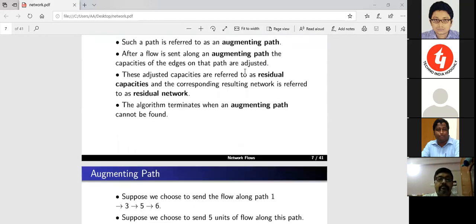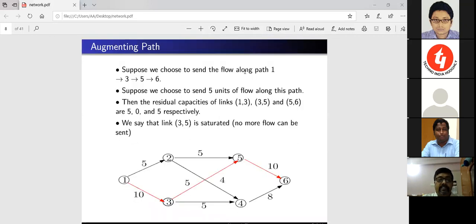Let's take an augmenting path. Here is an augmenting path. Let's take an example. 1 to 3 to 5 to 6 is an augmenting path. Here all the edges are forward edges. 1, 3, 5, 6, that is the flow along that. Suppose we want to send 5 units of flow along this path. Then the residual capacity, once we send 5 units of flow along this path,